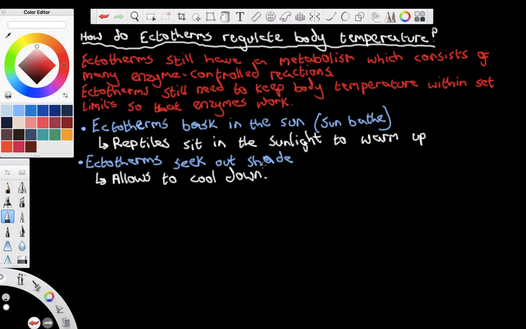Now, you'll find that a lot of organisms will move between land and water, such as, for example, crocodiles. Crocodiles shuttle between the land and the water, so if they get too hot, they go in the water. If they get too cold, they go on the land and sunbathe. So many ectotherms will switch between water and land to regulate their body temperature. So we can put that many ectotherms, and a good example is crocodiles, e.g. crocodiles